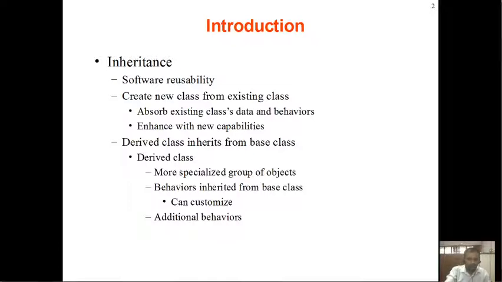So we can say when we are creating a derived class, it is a more specialized version of the base class, right? So this level of inheritance can be further extended for n number of classes, right? So more specialized groups of objects and behaviors are inherited from the base class, and this can be customized. Plus we can provide additional behaviors as well.